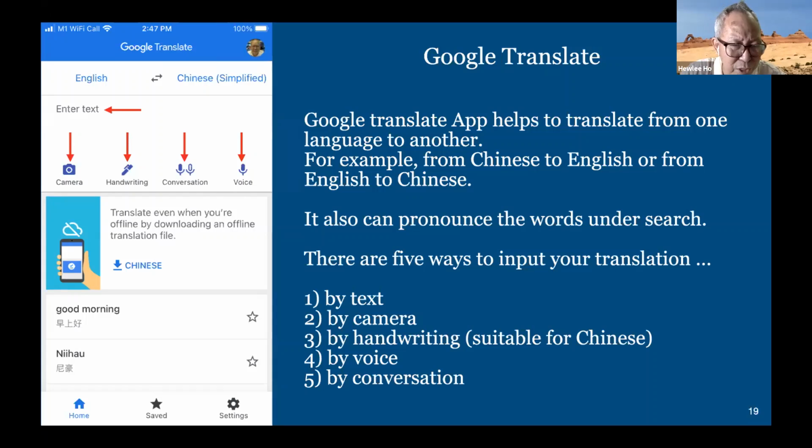The last input is by voice, by yourself. If you are lazy to write or lazy to scan the newspaper, you just read the text from the newspaper, then it will translate for you. That's voice input. So there are 5 methods. You can try all 5 out if you download this Google app, either on the Apple iPhone or on the Android phone.